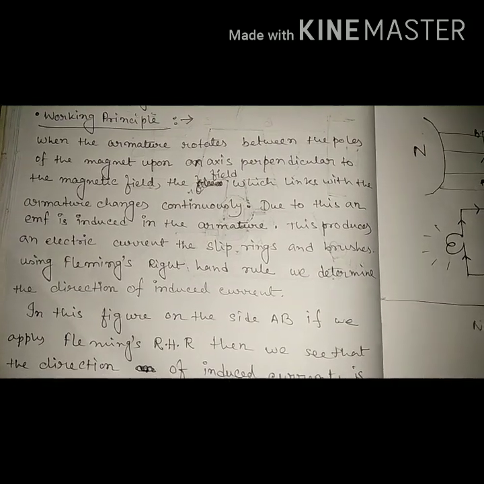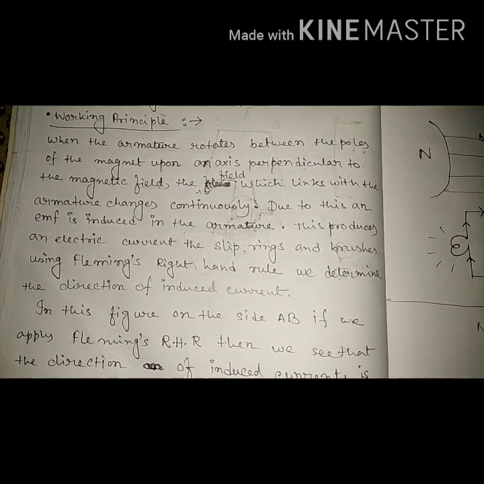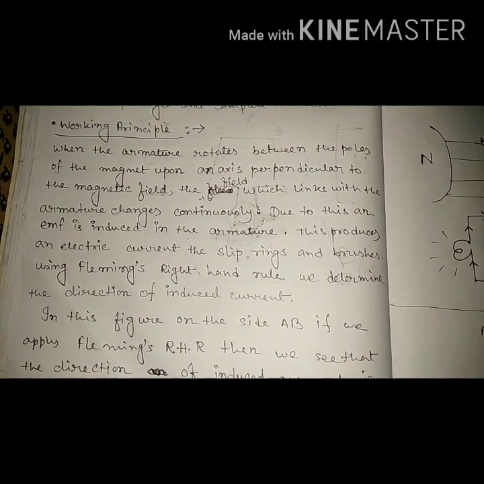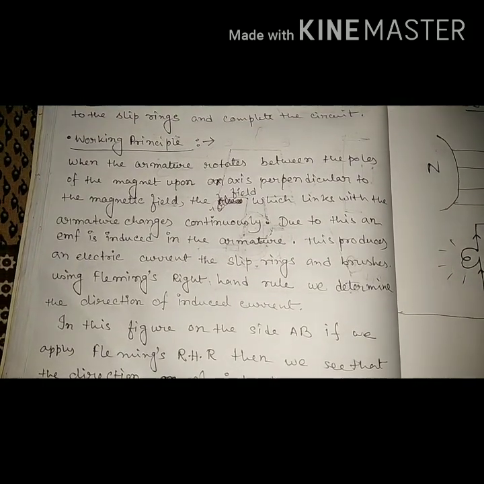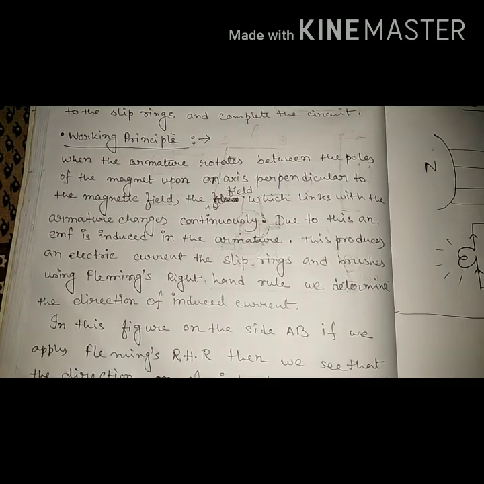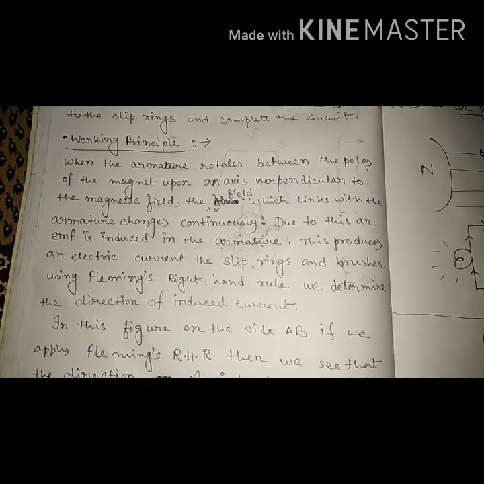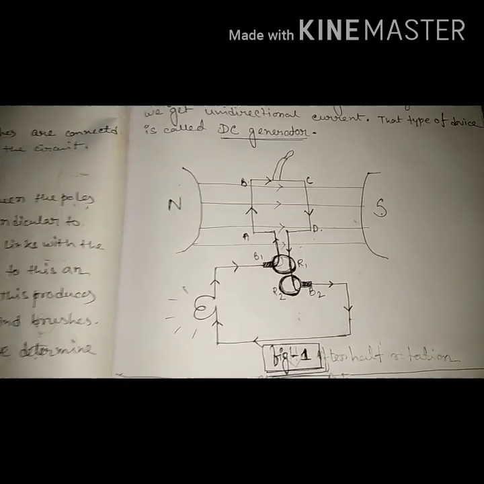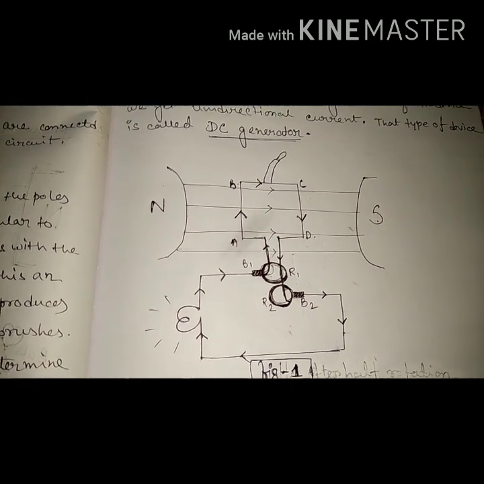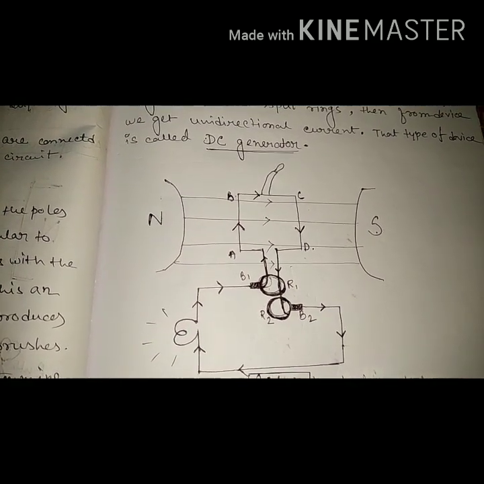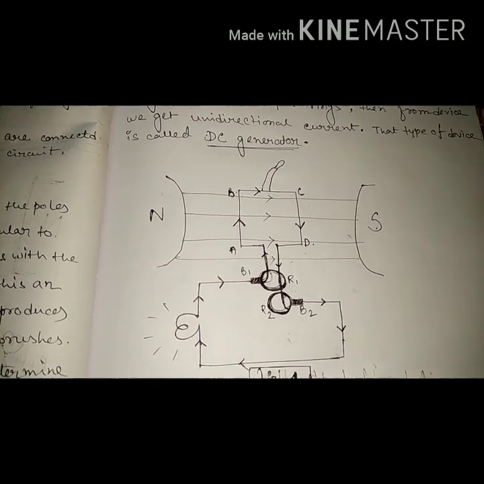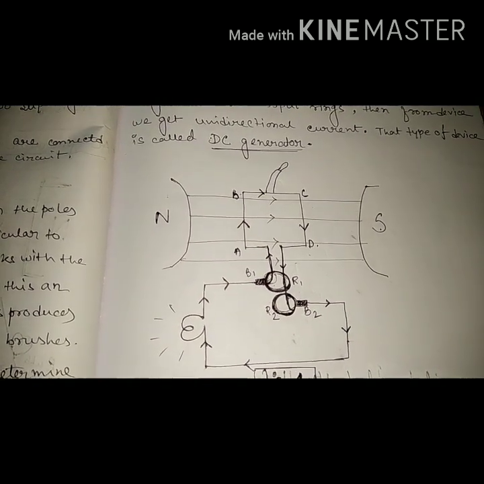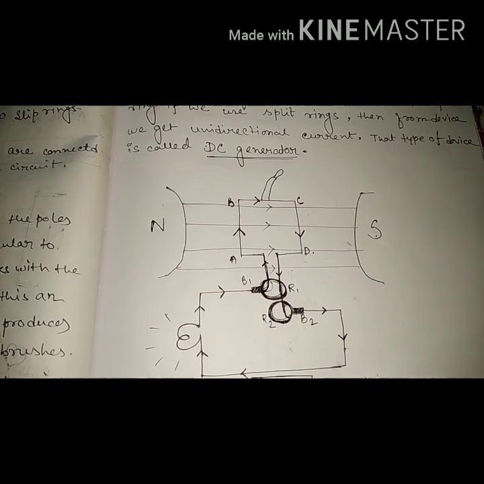So first we place this rectangular armature in between the poles of two magnets, or inside a strong magnetic field, and the two ends of the armature, that means the ends A and D. A is connected with one slip ring, that is R1, and the end D is connected with another slip ring, that is R2. Now R1 and R2 are connected with the two brushes B1 and B2, and through B1 and B2 one bulb is attached, so we can understand whether electric current is induced or not.